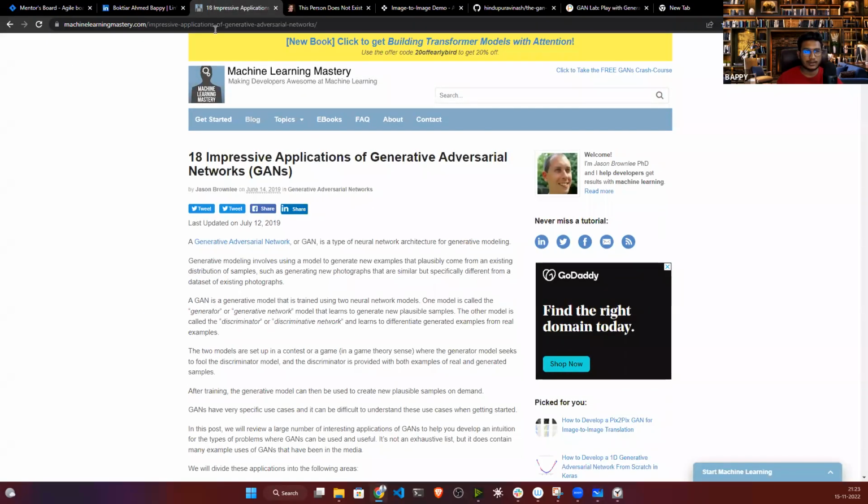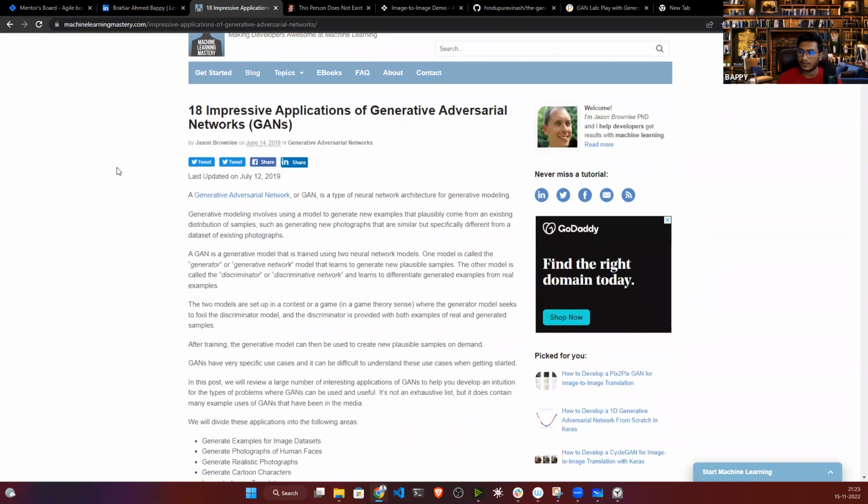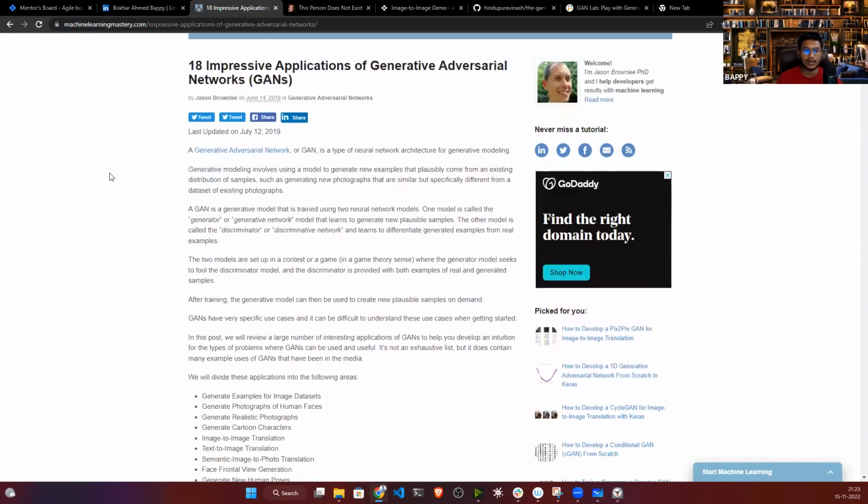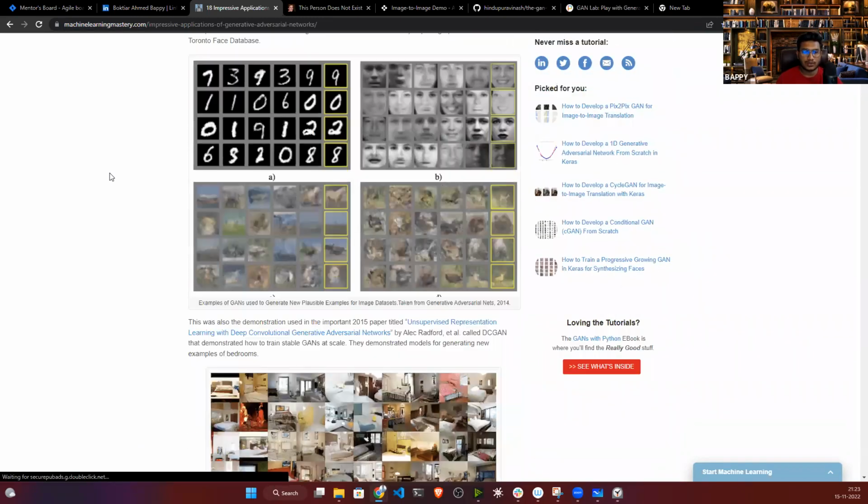So there is a blog, I got it. Okay, so I think you should be familiar with this website, Machine Learning Mastery. I'm sharing this blog with you. Here you can see some of the GAN applications. Before we start understanding GANs, let me give you some application workflows so that you can get more interested in learning GANs. If you just go below here,